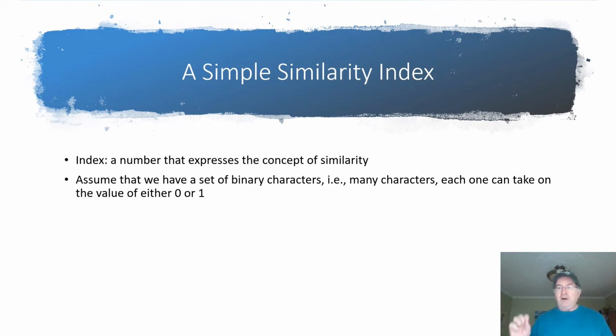But the coding, how you express those two states, is absolutely trivial. Because we're going to be using math in order to express this as a number, obviously it makes more sense to use numbers in order to express what these characters are. So we have a set of characters, and they're all binary in nature.